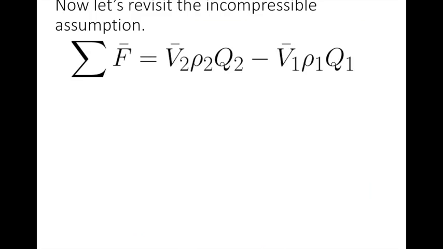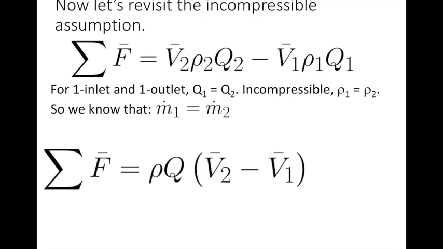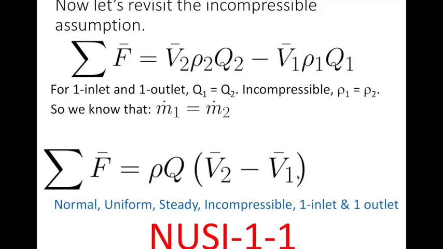Okay, now this is where it can help us a little bit to go back to that incompressible assumption, because if we set up the equation looking like this, pulled over from the last slide, and recognize that rho 1 equals rho 2, we already know that Q1 equals Q2 because of the continuity equation. We can lump those, recognize that the mass flow rates have to be equal to each other, and develop a form of the equation that looks like this, where this first term is our mass flow rate, the second is the change in the